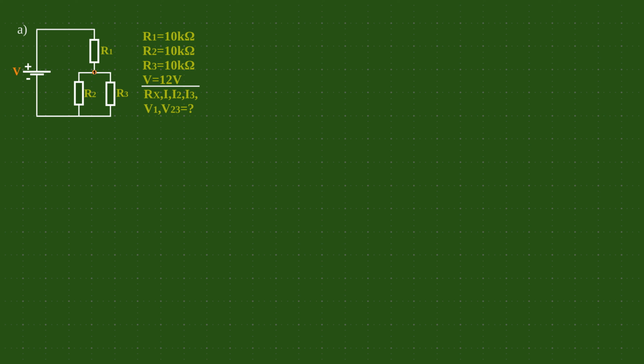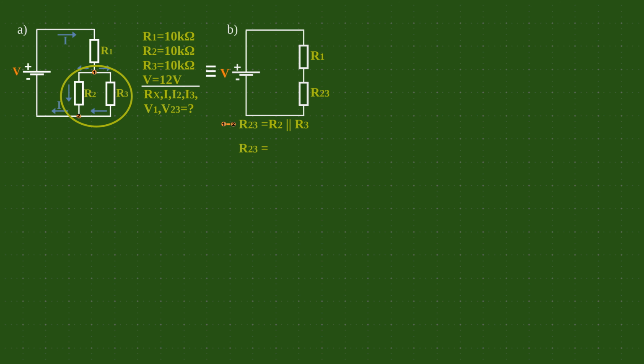In node 1, current I is divided into current through resistor R2 and current through resistor R3. In node 2, these currents are reconnected, and this is a clear signal that this is a parallel connection of resistors R2 and R3. The total resistance of resistors R2 and R3 is calculated as follows, and the diagram can